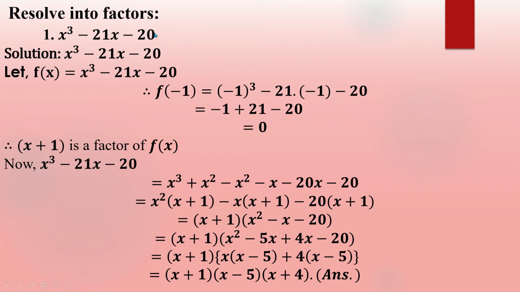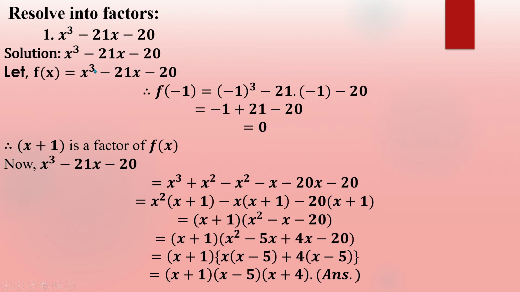This type of problem we had already solved in the subject Higher Mathematics, class 9-10, chapter 2, also named Algebraic Expressions. We had also discussed two kinds of theorem there: one is the factor theorem and another is the remainder theorem. So students, you should review these two theorems again, and also repeat the solution of this type of math. Again I will do this.